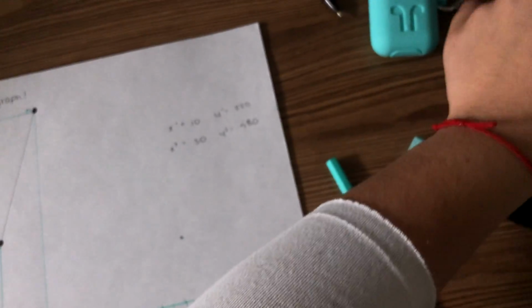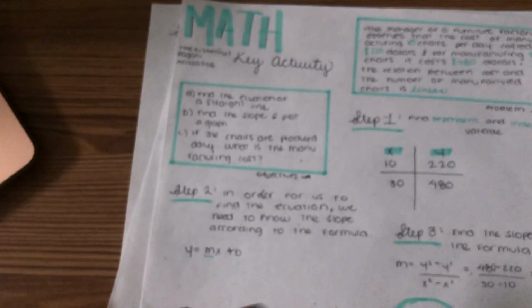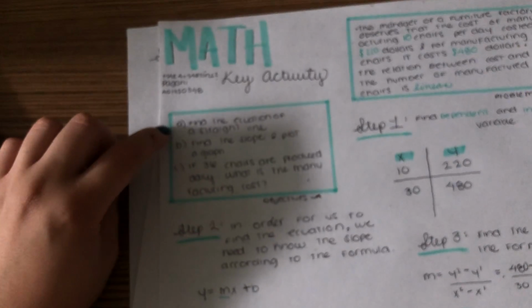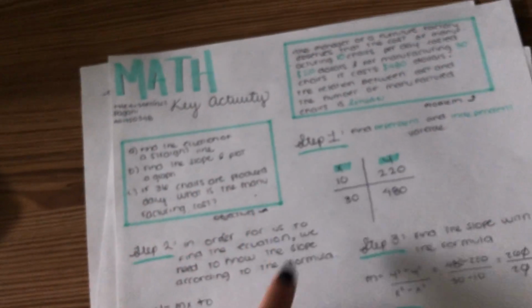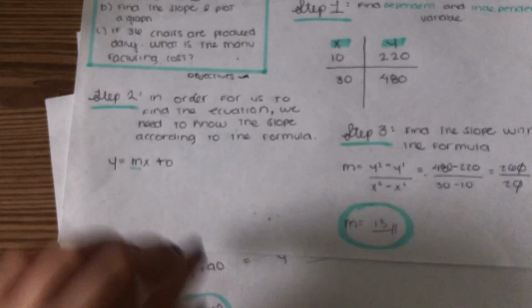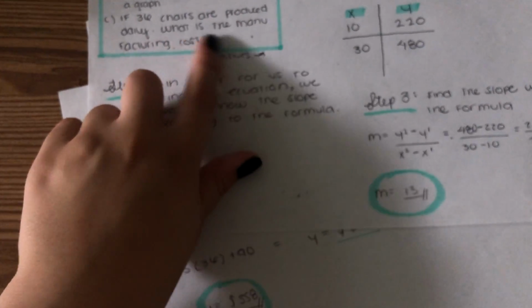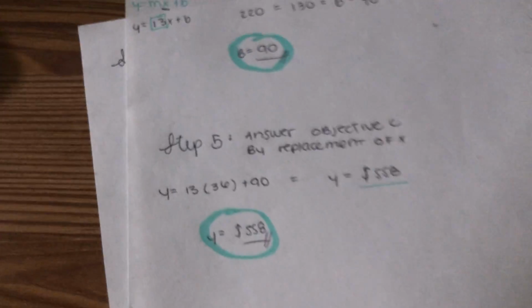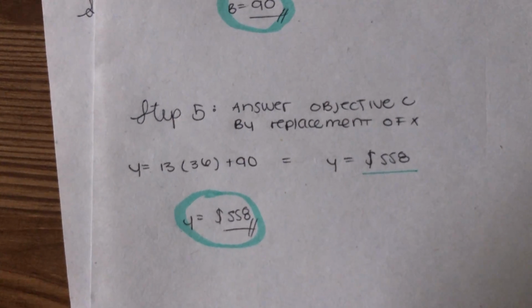So let's check the results of the three things. In the beginning we said that we had to find the equation of a straight line. We found this equation here. Find the slope and plot a graph. We found the slope here with the formulas, and we graphed. And if 36 chairs are produced daily, what is the manufacturing cost? So here's what we did on step 5, which was by replacement of